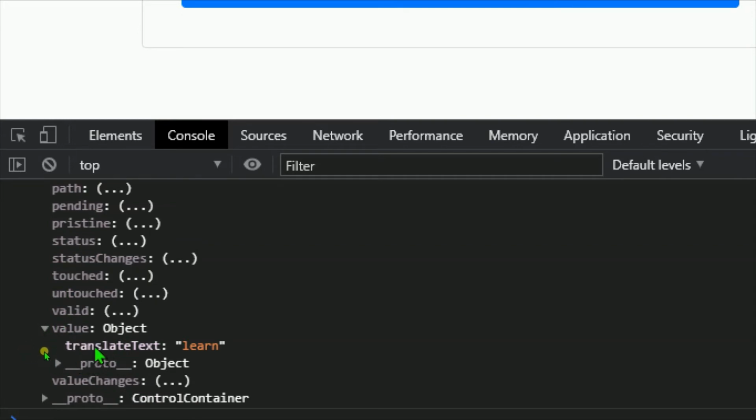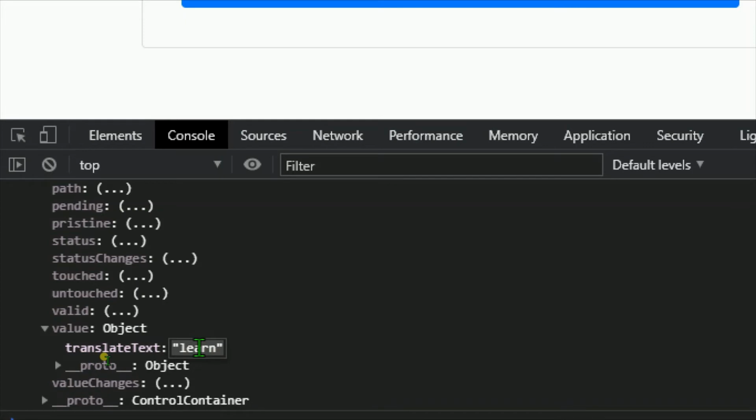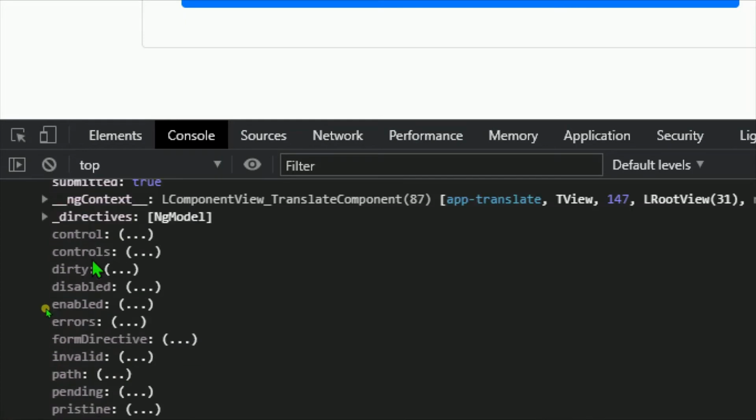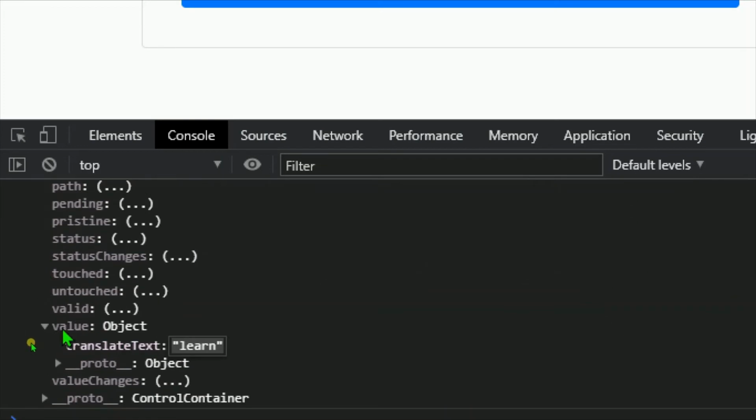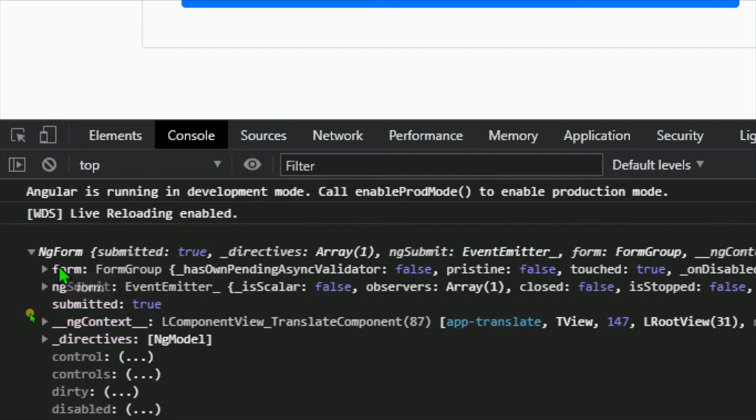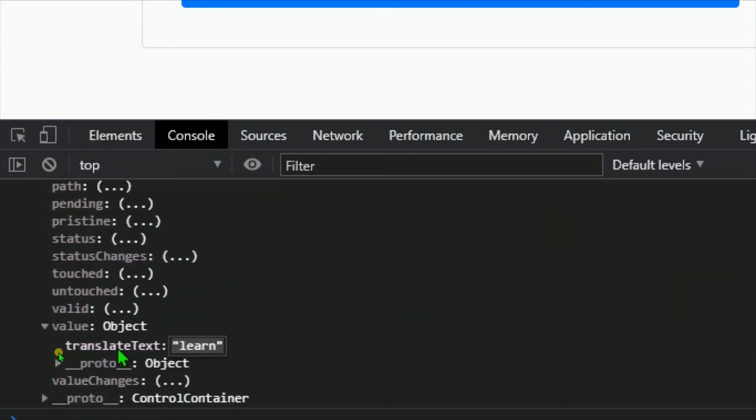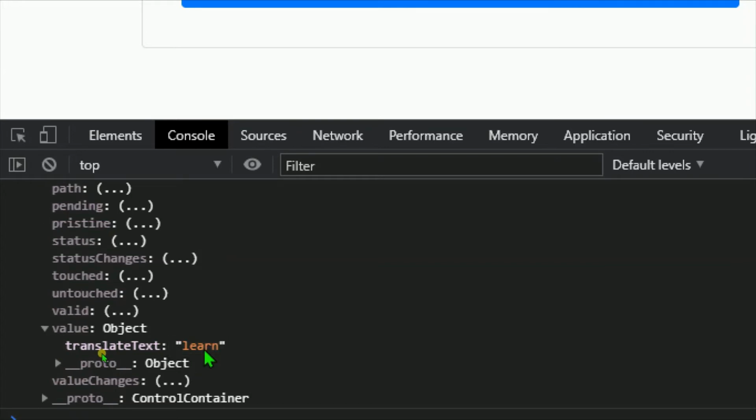Now over here we are able to see translateText equals learn. So the option in which we are interested from this whole form is ngForm.value.translateText. Whenever we write ngForm, that is the form name, and then translateText, we will get whatever text we have entered.